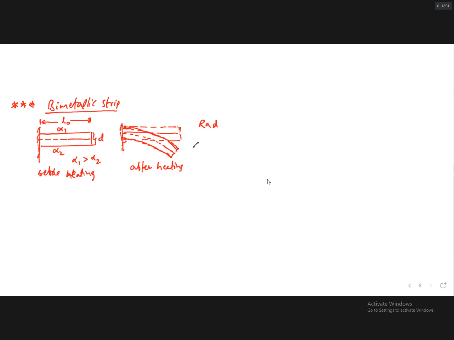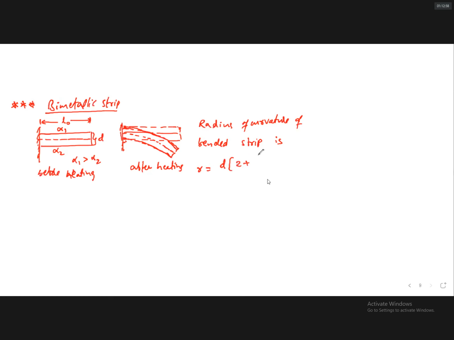The radius of curvature R of the bent strip we calculate as D, where D is the thickness of the strip, which means each strip thickness is D by 2, into